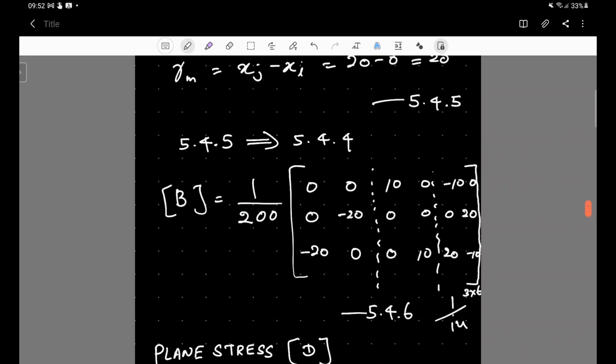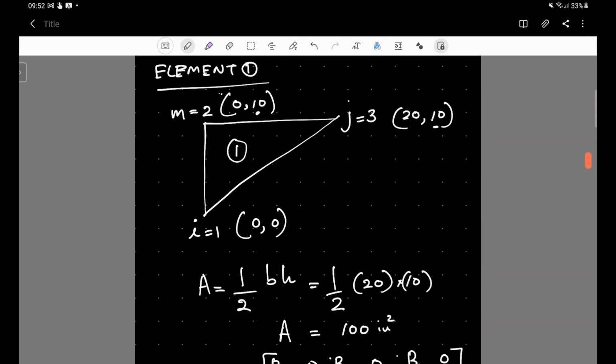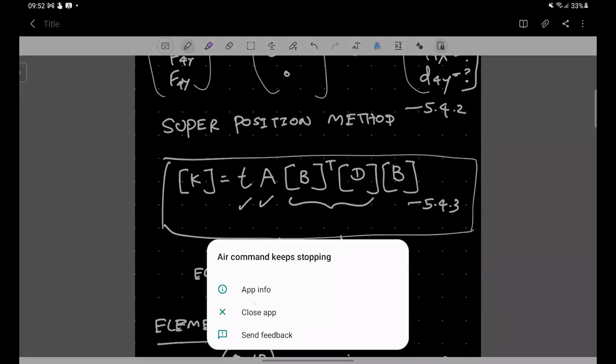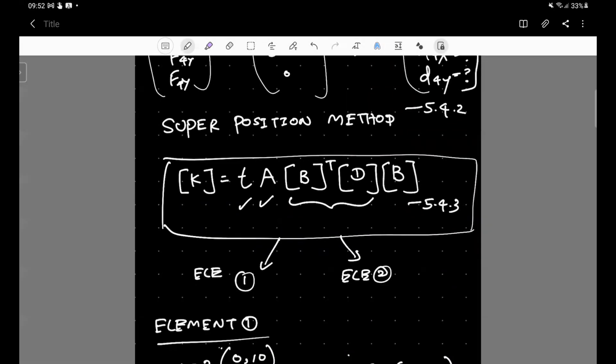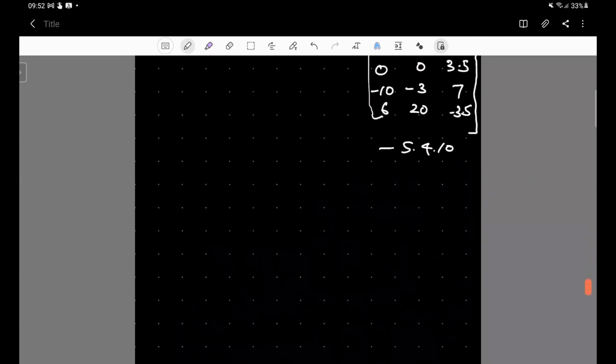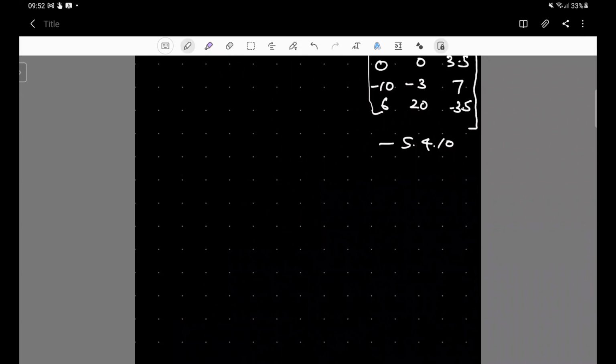What you have to do is use this equation for the element, equation 5.4.3.3. So we have already calculated this factor. We have to multiply it by B, and of course the constant values, the thickness and the area of the element, to obtain the element stiffness matrix for the first element. So once you substitute the values correctly in the equation,